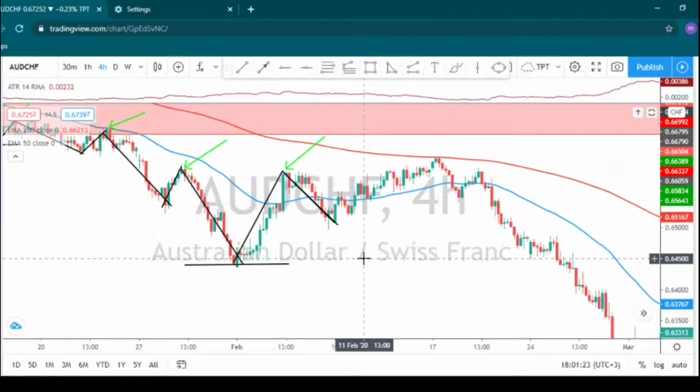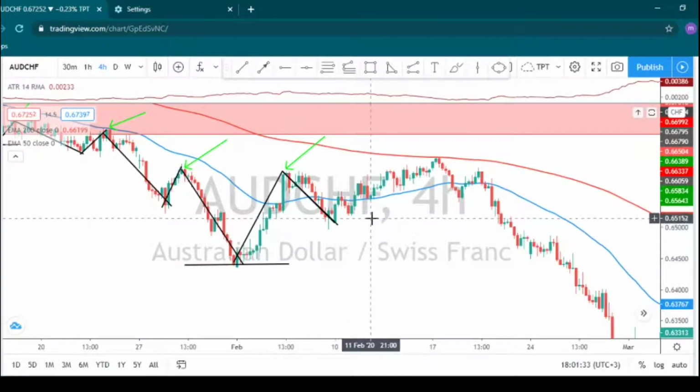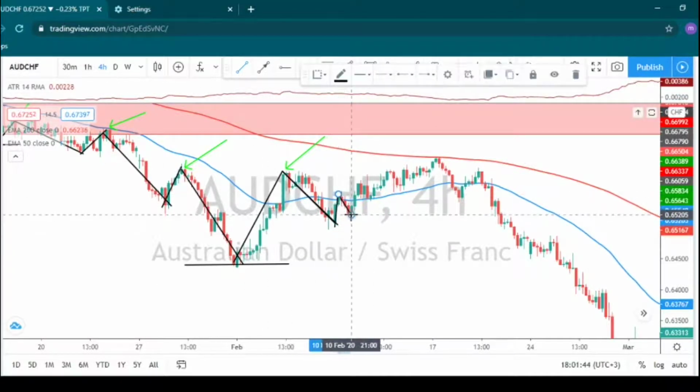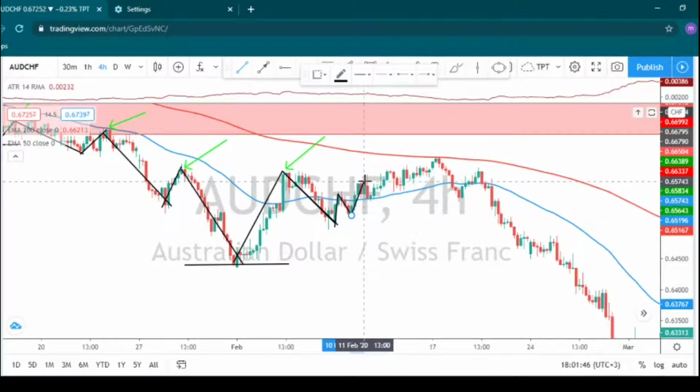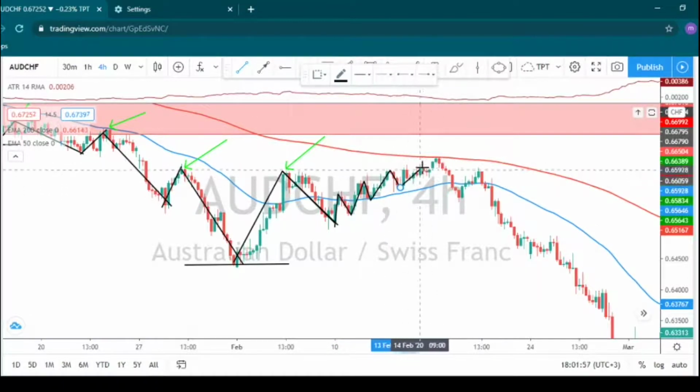And what does our rule number 2 say? Our rule number 2 says that the market should make a lower low or a higher high. But here the market failed to make a lower low. So in this case, I'm not going to trade even if it makes a pullback. So in this case, the market made a pullback here. Again, didn't make a lower low. It made a pullback, made a lower high, made a pullback here and a higher high, and it came up and